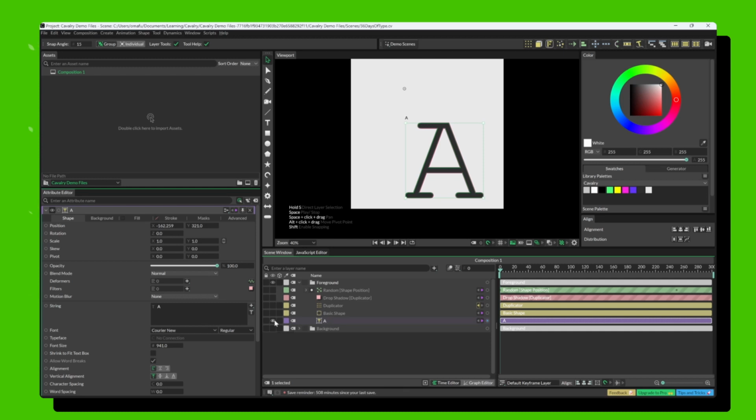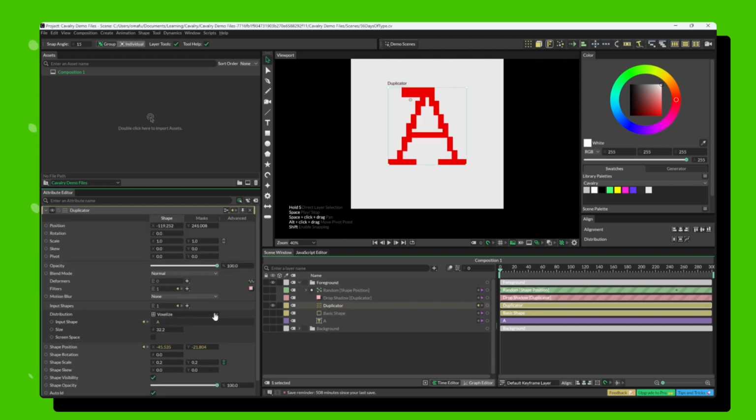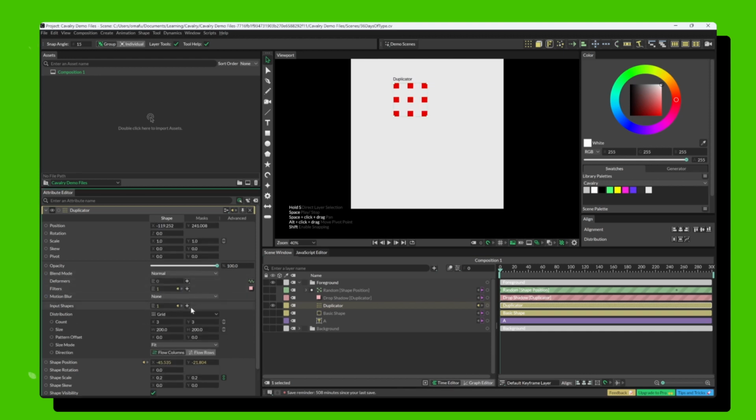The next thing that I did was I introduced a shape. So I have my letter A and I have my basic shape. Now, here's where things get kind of interesting, okay? You're gonna need to stay with me on this one. So now that I have these two in, the next thing I did was to duplicate my little shape. So I have my letter A, I have my basic shape. The next thing I did was to duplicate that shape. Once you apply a duplicator, by default, it's not gonna look like that. No. So if I go to the duplicator, by default, it's usually set to grid,